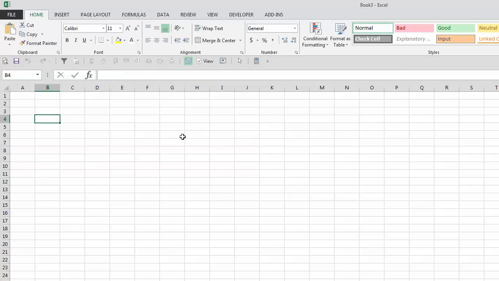The first thing we need to do is insert all the quarters in the list in Excel. So we do first quarter, second quarter,